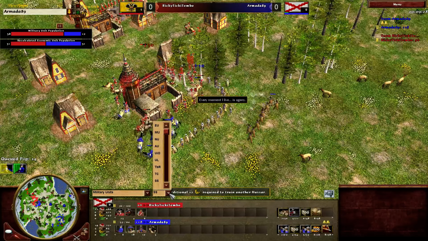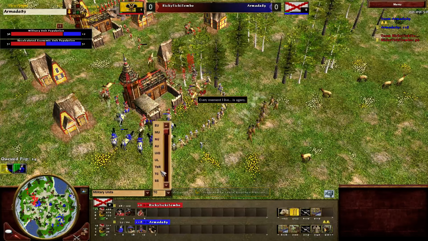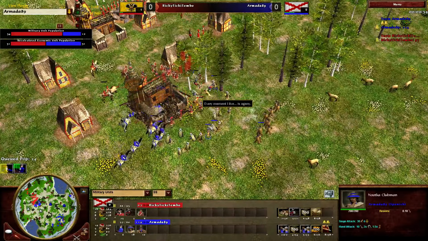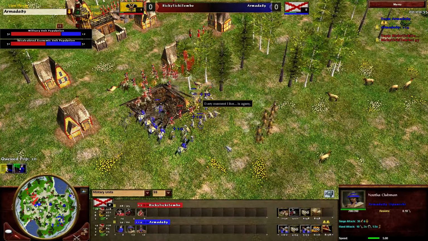Yeah, so 10 of those skirmishers are definitely going to help it. And 18 Nootka just tearing down the blockhouse. These things have siege damage, 30 siege, so...